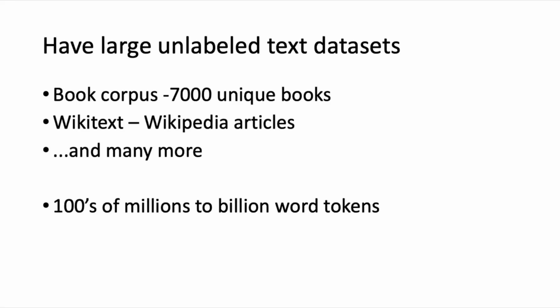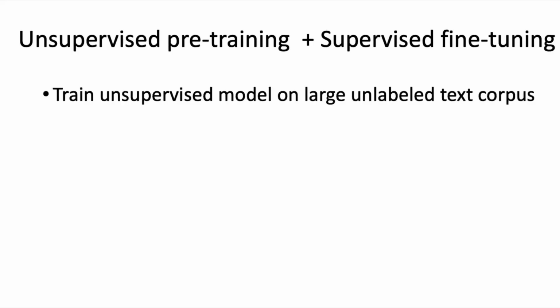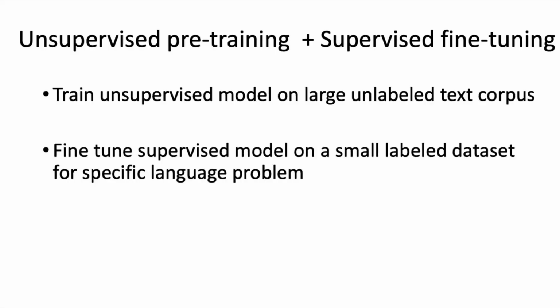So here is where pre-training with an unsupervised learning model is very useful. Because we can train an unsupervised learning model on these huge data sets of unlabeled language text and use the language patterns found as features that we can then use for solving specific language understanding problems that require labeled data, but for which we only have a small labeled data set. If we pre-train an unsupervised learning language model on a large unlabeled data set first, we can greatly improve performance on a language task that requires supervised learning, with much fewer labeled training examples.